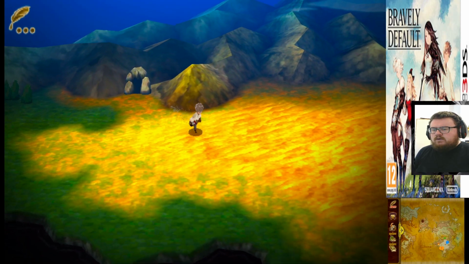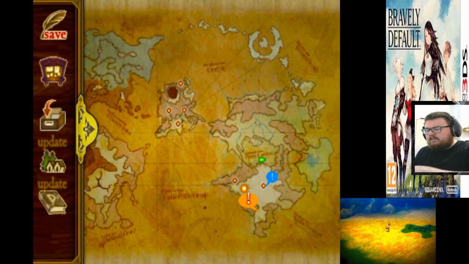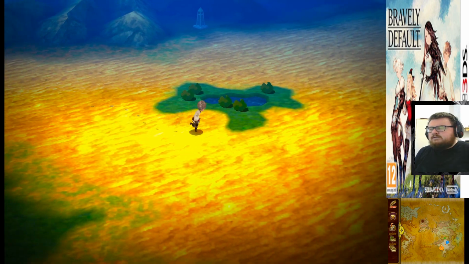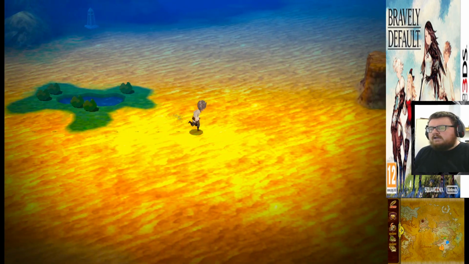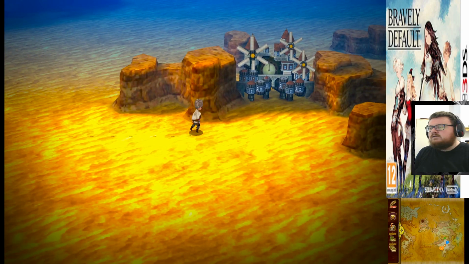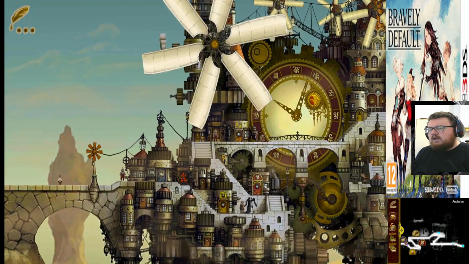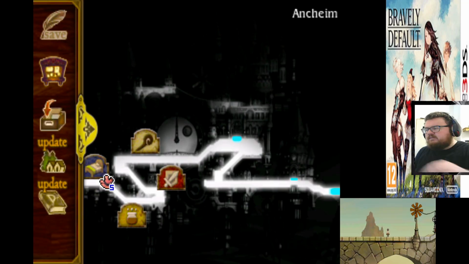So when it comes to the map, as you can see, we need to head back to Ancheim, which is exactly what we're doing now. So we know that the entrepreneur, the merchant guy, Kramer, I think he's called, I know he's in cahoots with the bandits, but now that we've quashed the bandit operation, we're going to take him on again. But before we do that, we have a little bit of